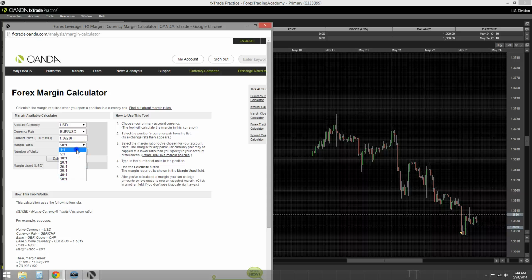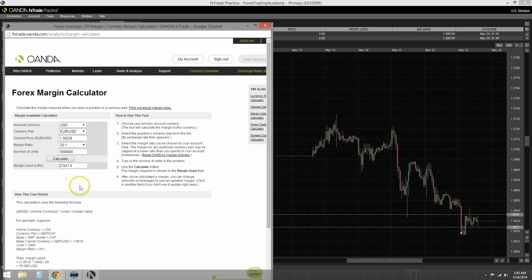Now, if you just did 1-to-1, the current price of whatever instrument you're looking at does make a difference, and you can see that that's pretty identical. If you wanted to make a $1 million trade, you actually have to have 1,362,380, and the reason for that is that number there. It increases it. That's the exchange rate. Now, if you wanted 5-to-1 leverage, this is how much you have to have in your account, so on and